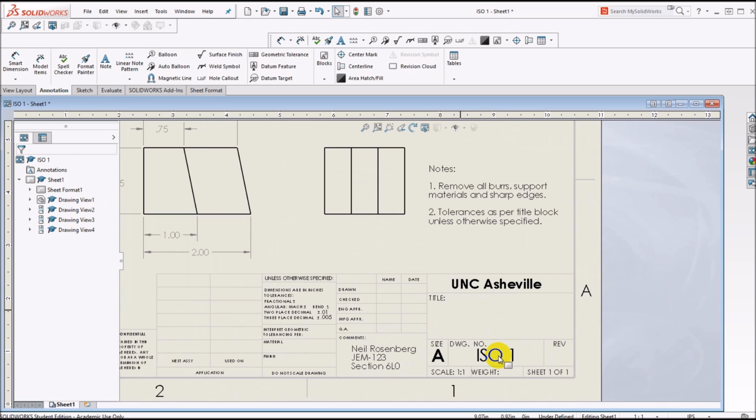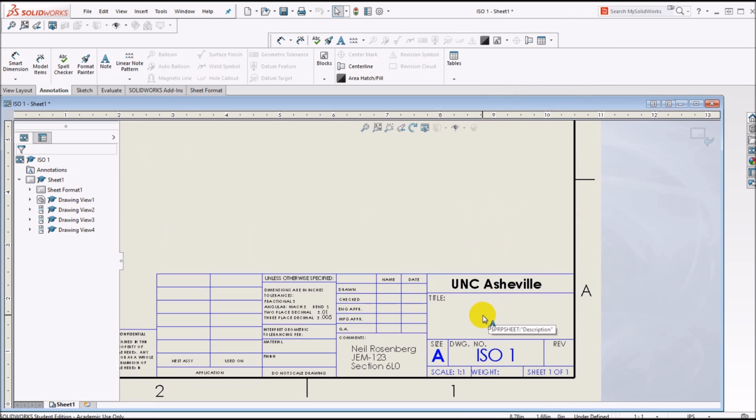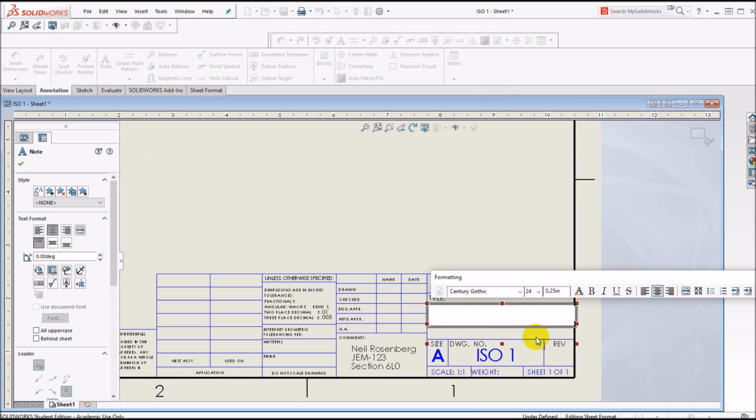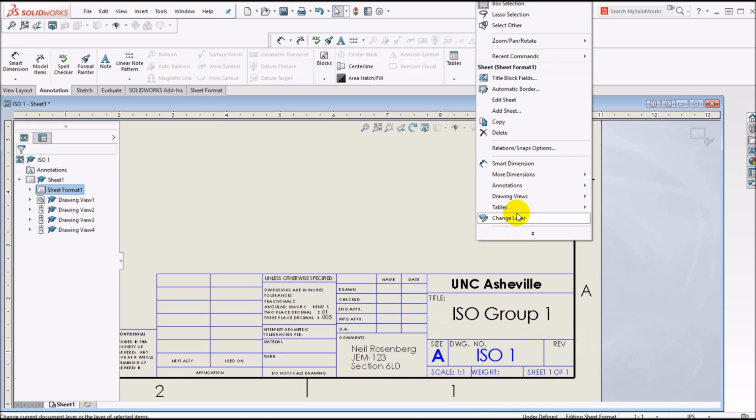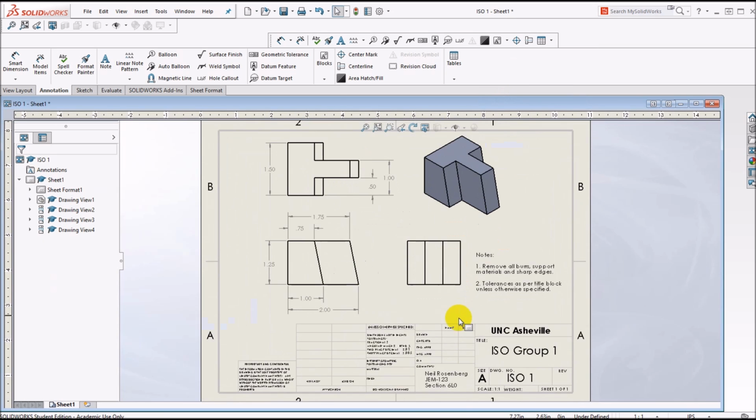The drawing number I will coordinate with the particular part. So I'll right click, go into Edit Sheet Format, and I'll double click in the area where the title is. It allows me to type in text. So this is ISO Group 1, because I'm going to be breaking them into 2 groups of 5. This is Group 1. And I'll be specifying which ISO it is in the drawing numbers themselves. So I will accept that. I will right click, go back to Edit Sheet, and as far as I can tell, this drawing is ready